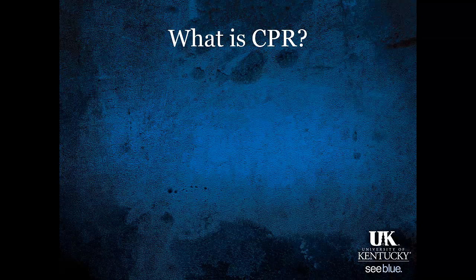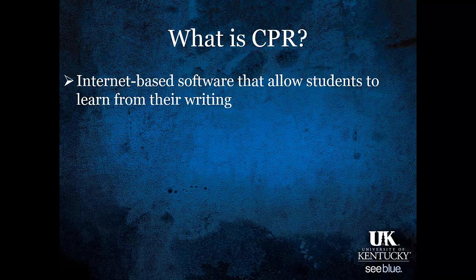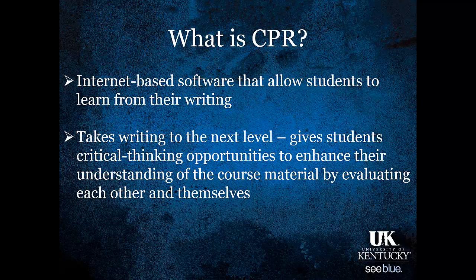So Calibrated Peer Review, or CPR, is an online software that allows students to learn writing skills by evaluating each other's writing and seeing examples of different styles and qualities of writing. This allows us to bring writing to the next level by giving you critical thinking opportunities to understand how to recognize quality writing examples, as well as tying them into basic concepts that we teach in the classroom. Hopefully, we think you'll gain a better understanding of the material by evaluating each other and yourselves throughout the course